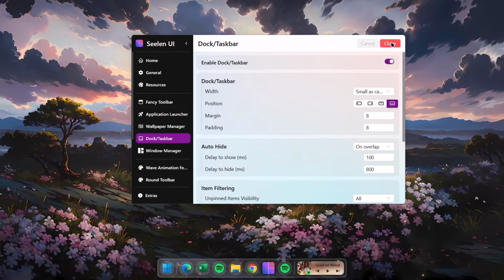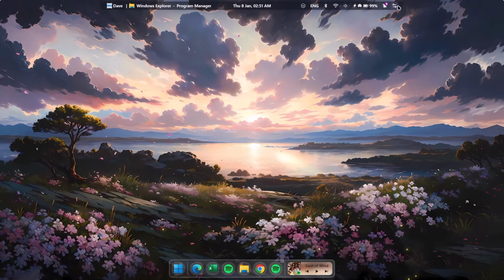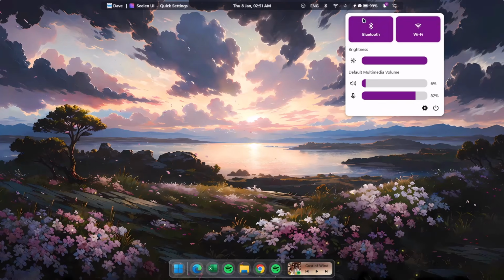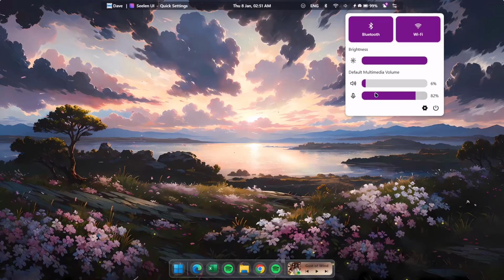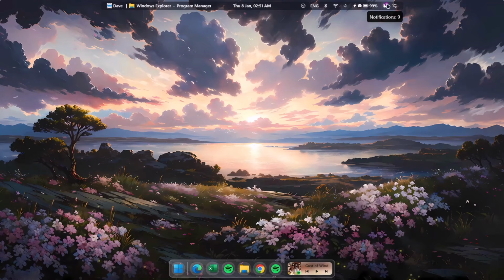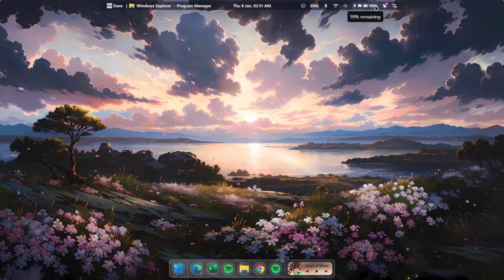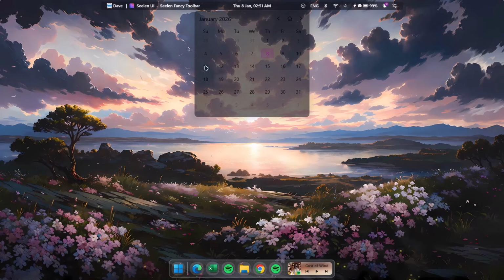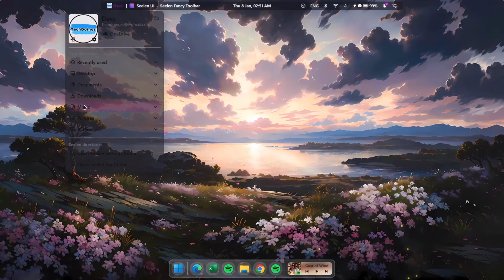So I'm going to go ahead and close these settings. If you click on this icon, you have the info about your Bluetooth, your Wi-Fi, and you have your volume, microphone right here. And here you have your notification, battery, Wi-Fi again, the language. If you click on this is where you have your date, and right here is where you have your user